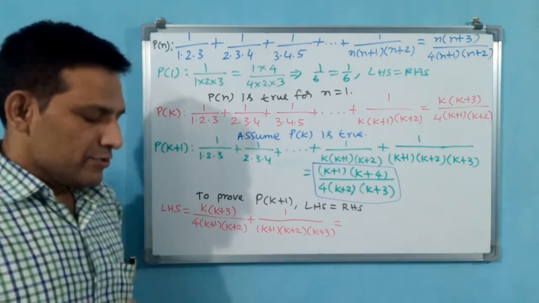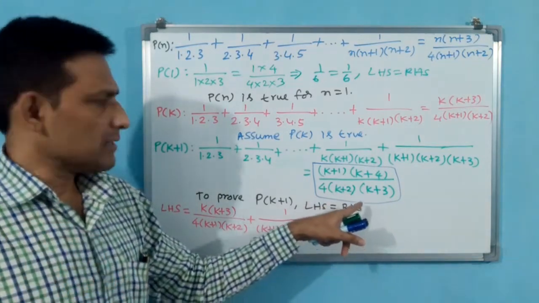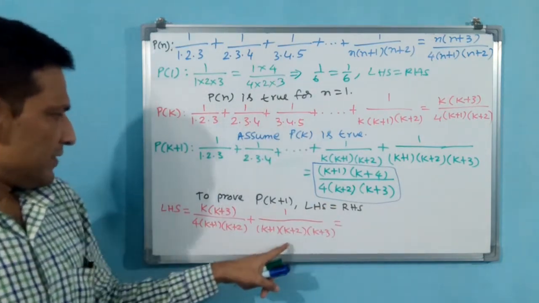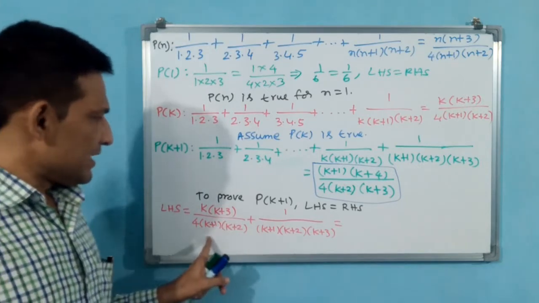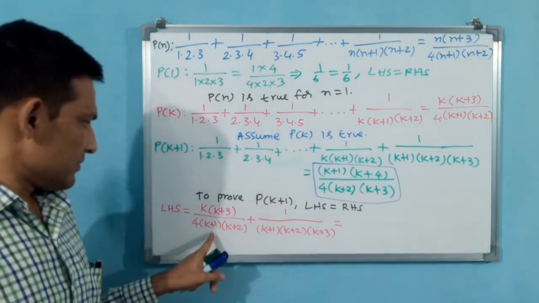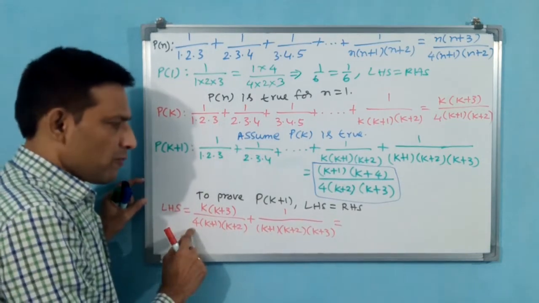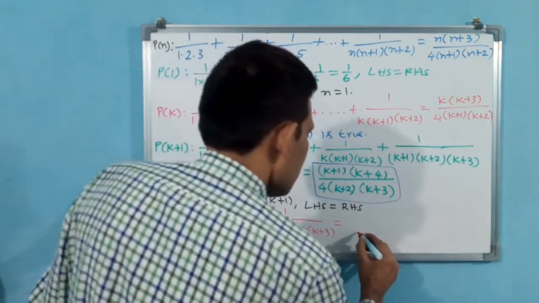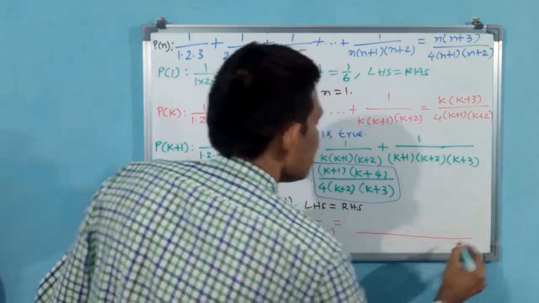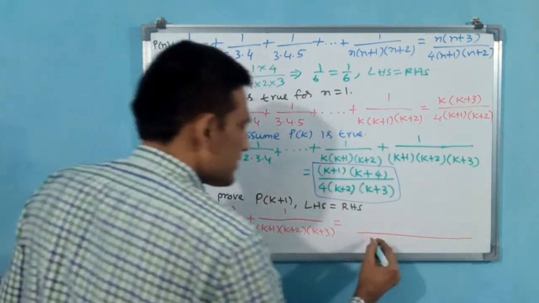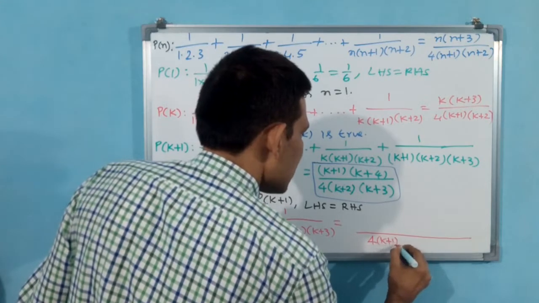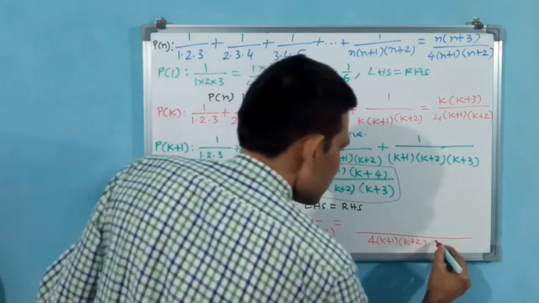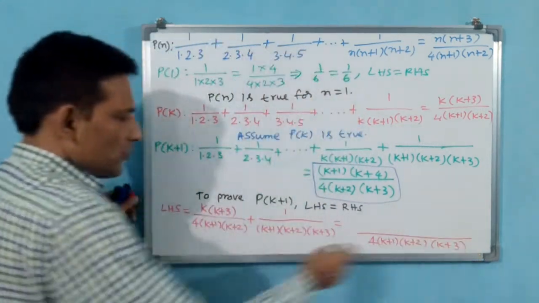See, now what can you do? RHS you don't disturb, RHS you have to prove. RHS has to come finally. But you see here, rather than cross multiplying, let us take LCM. Why? Because k plus 1, k plus 2 in both are there. Here 4 extra, here k extra, 3 extra, k plus 3. We take LHS, you see how I am writing. Why? Because you have to know this process also. First you write this one, 4 into k plus 1 into k plus 2. But here k plus 2 is there, k plus 3 is not there. You write k plus 3. Is it okay for LCM?